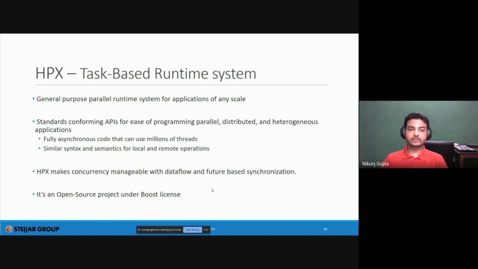Next is that we are standards conforming. Each of the APIs within standard C++, we have them re-implemented in HPX. We do not re-implement things because we're a fan of redundant stuff. We do so because we have a lightweight threading system that we make use of, and since we have our own threading subsystem, we need to re-implement things like threads, mutexes, futures and whatnot.